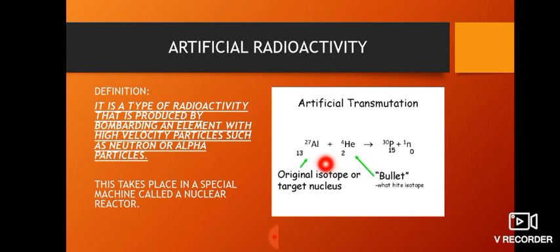So this one is not occurring on its own. It doesn't occur naturally. We are forcing it. Because you are forcing it, it's no longer natural. We describe it as artificial or man-made. That is why this nuclear reaction is known as artificial radioactivity or artificial transmutation reaction. So we have bombarded aluminum-27 with helium atoms or alpha particles to form a phosphorus-30 atom here. And this is what we described as an artificial transmutation reaction.